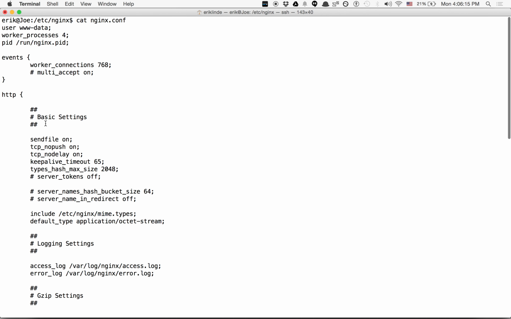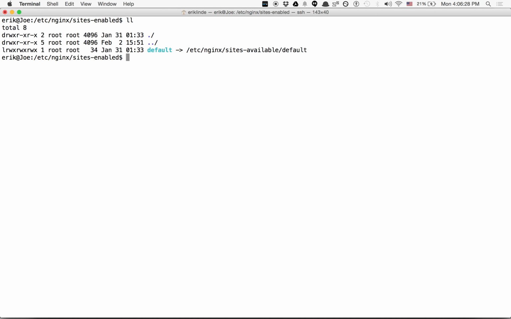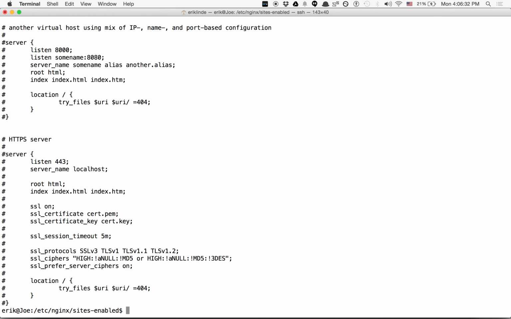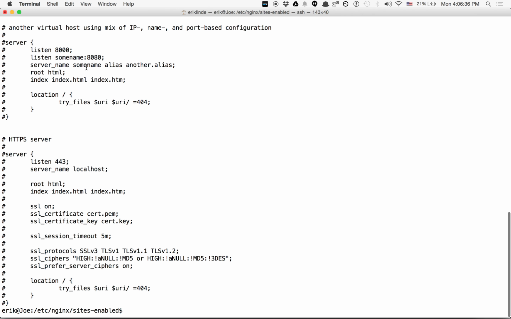So while we have some settings in this conf file, we also have to be aware that we have some settings in this folder as well. The sites enabled directory as well. We have a file here called default